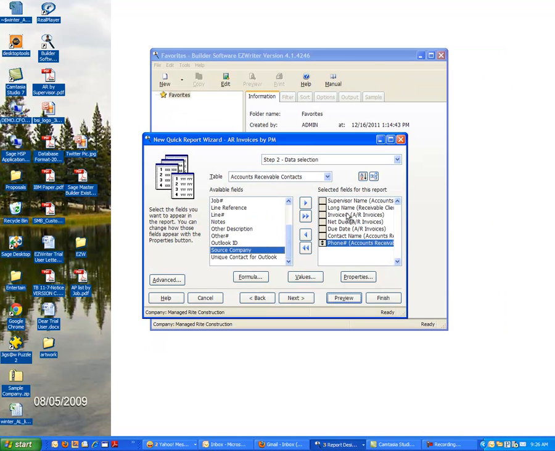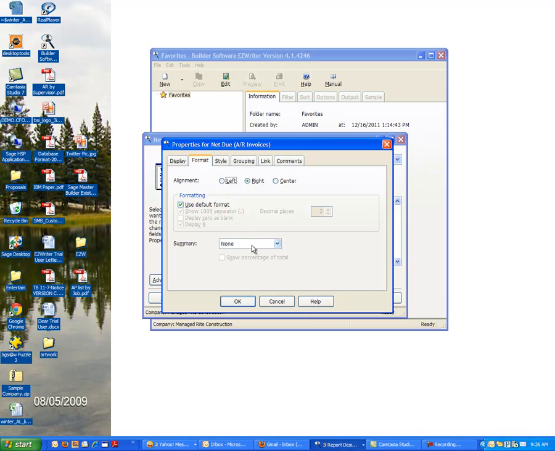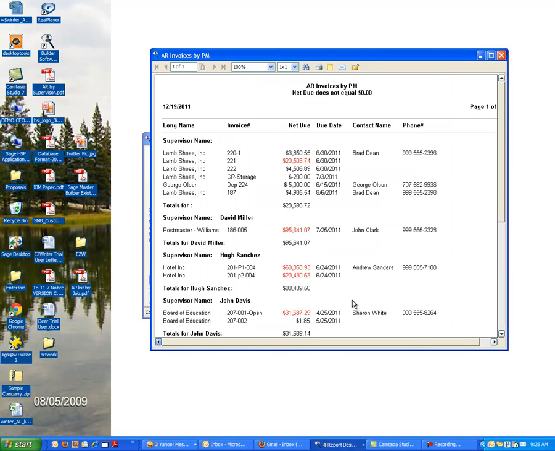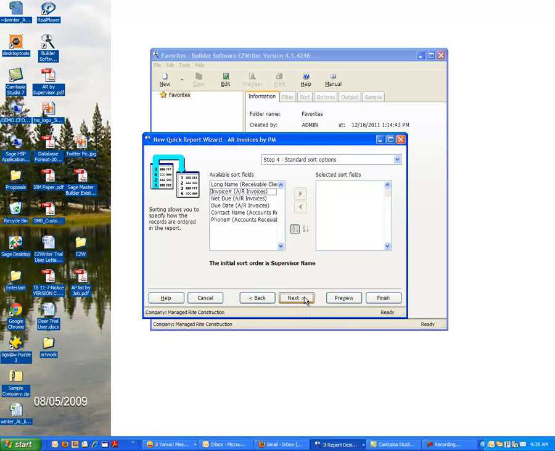So let's go back and go to net due, double click it, and on this is the formatting. I need to just collect this. I want to get a sum. I'll do that. And now I preview it. I now have taken out the repeating information. I have all of the invoices that are open by superintendent available, and I'm done. Now, I wanted to get this done under 5 minutes, and I'm almost there, but I'll go next, next, next, and then